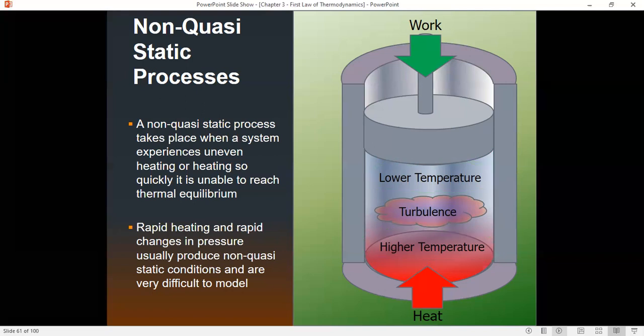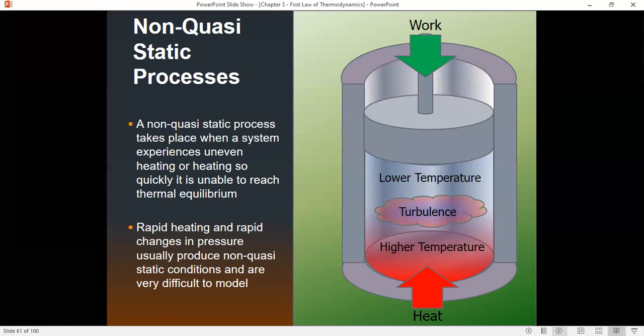Also, as the piston moves in this particular case, we are going to get the gas moving in such a way that turbulence will result. So let's say this were an internal combustion cylinder, the piston moving, okay? If you were actually to watch this, you would see that the temperature would not be even and that there would be quite a bit of turbulence in there. And in fact, this would lead to lower efficiencies.